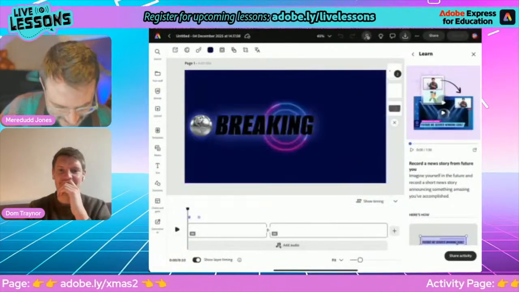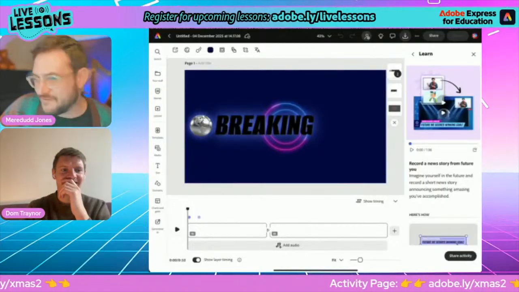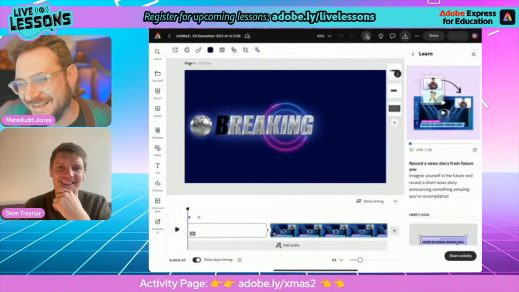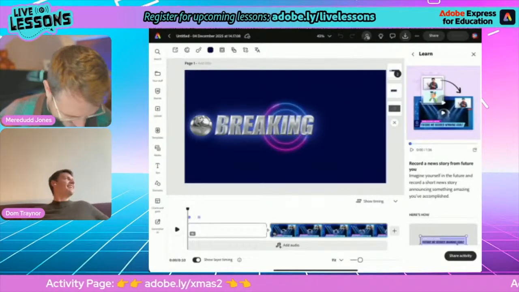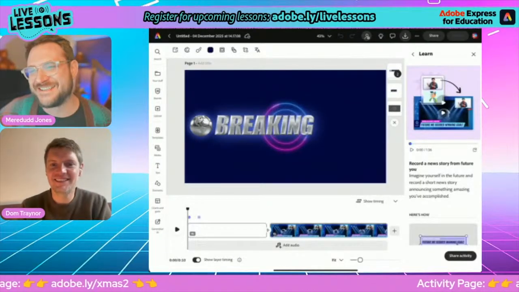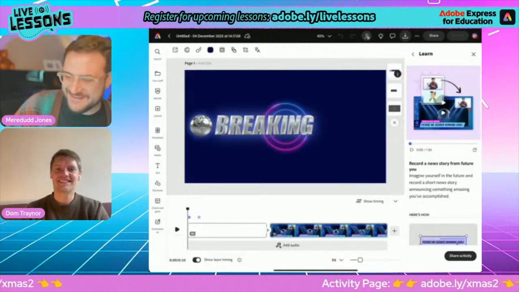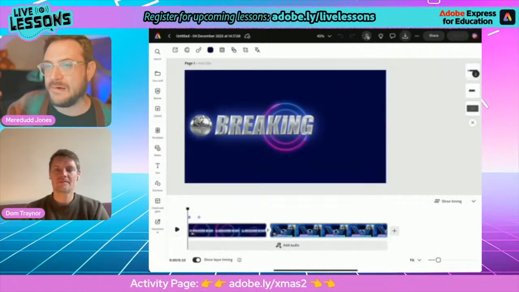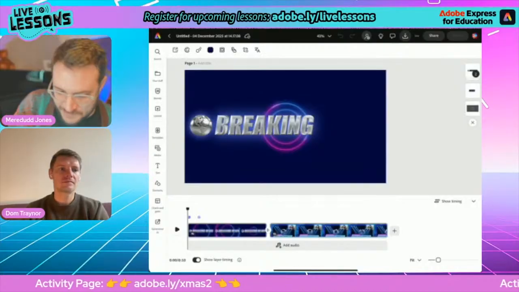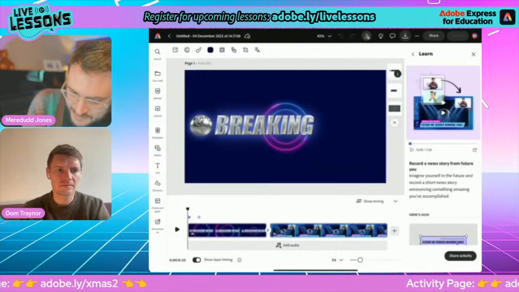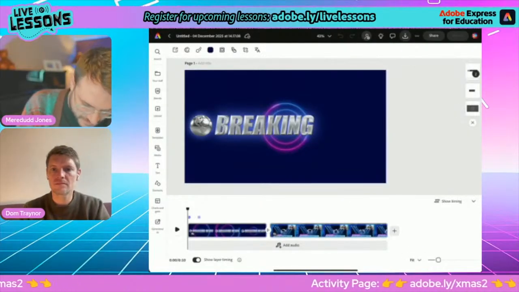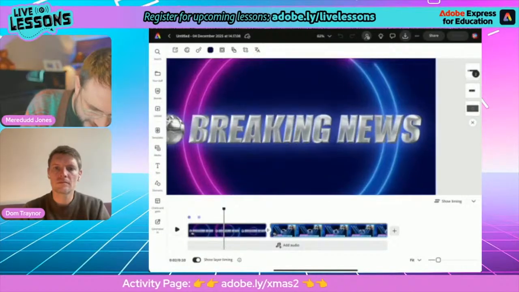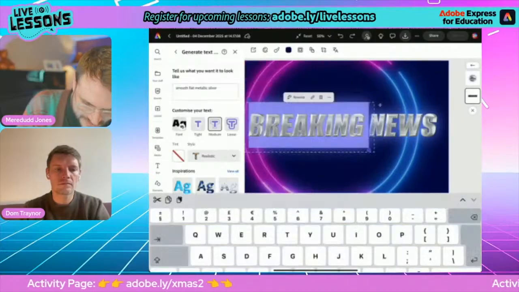And here we go. So we don't need the learn tab because Dom is teaching us today. Let's close that down. But if you close the learn tab down at any point and you're like, oh, snap, I need that learn tab back, then you just tap on the bulb in the top black ribbon and it'll bring it back. Right. So breaking news. I'm going to change that to something like